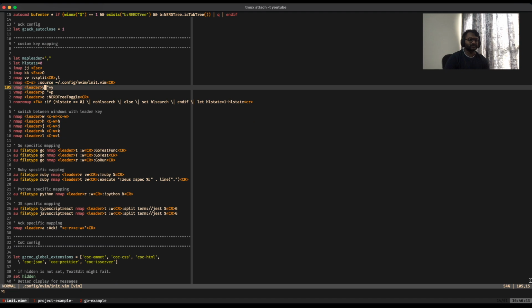This line is really useful because I've mapped leader Y to quote star Y, which is basically telling Vim to, so Y generally means yank or copy. So what this does is it copies the contents to the star register, which is the system clipboard. So if you want to copy things from Vim and paste it outside of Vim somewhere, then this is very